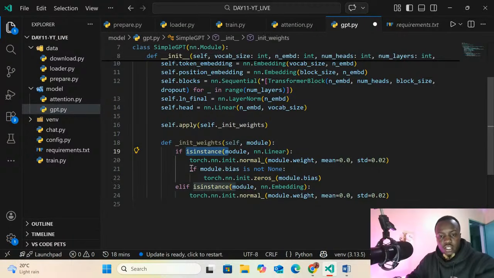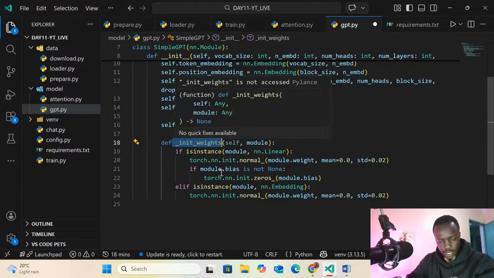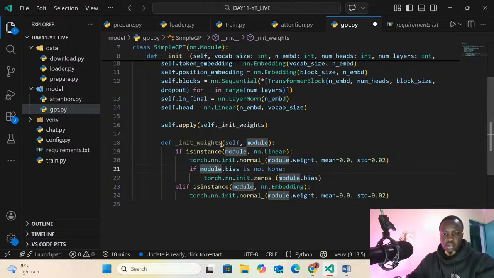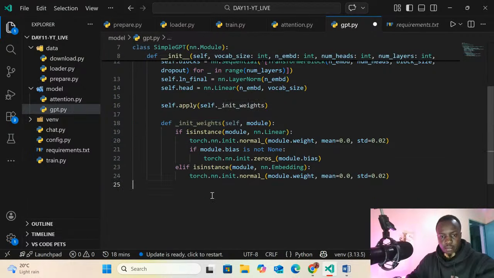So if there's no instance where we calculated the biasness, then just go ahead and embed the weight of the model. Basically, this one is the GPT architecture, where we want to embed the weight of that particular model.